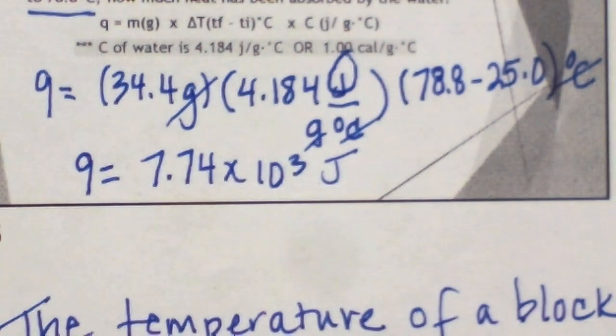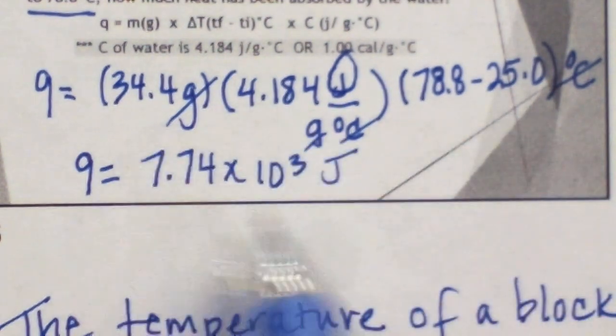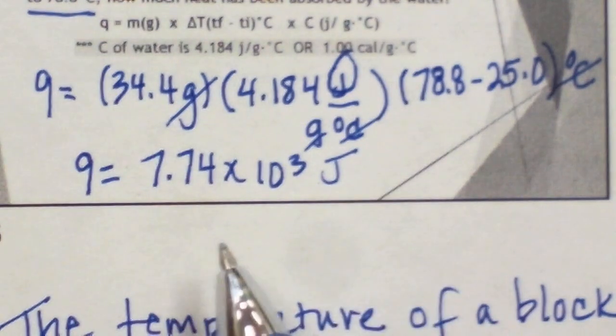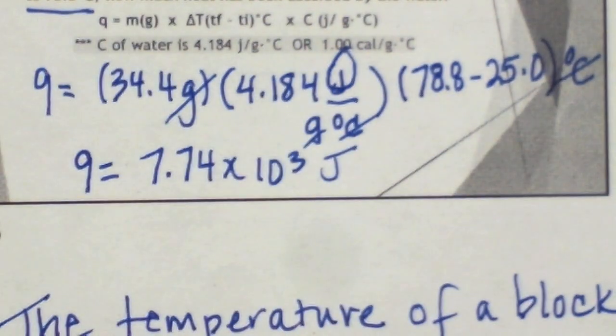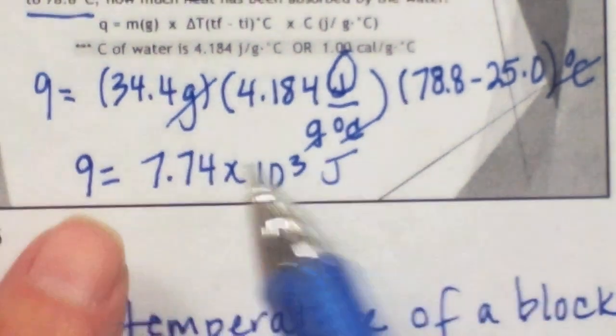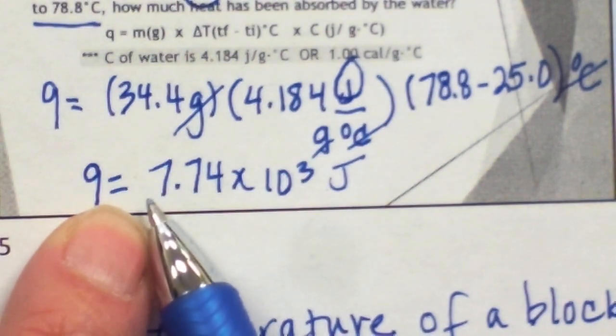Okay. So now the next question is, was this energy absorbed or was it released? So remember, we are the system. Okay, so the system is positive energy. Well, does that make sense? Well, we went from 25 degrees to 78. Yes, we must have gained energy because our temperature went up, right? So in order to do that, the temperature increased, so the system gained energy. Did it? It did. This is positive.